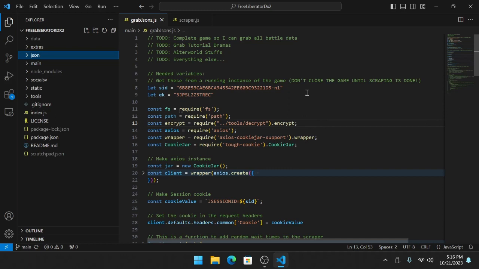Other than that, I've just been doing some cleanup, and I haven't really implemented any more endpoints. I want to grab everything from the official server first before implementing the rest of the endpoints. As of the making of this video, the bug that happens whenever you end a battle is also there, so the game itself will crash once you end a battle. But the battle is recorded as finished when you end it on the server side,